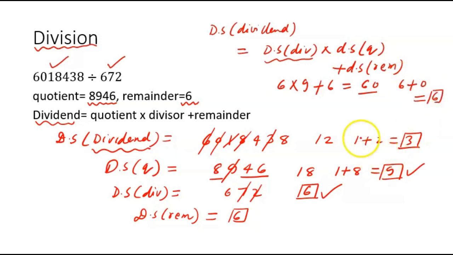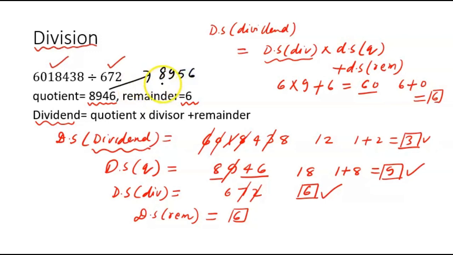But in the left hand side we have got the digit sum equal to 3, meaning the digit sum of the dividend is equal to 3, which means this answer is not correct, right? So you may now ask me what is the correct answer. So I am going to write the correct answer. The correct answer is that the quotient here will be